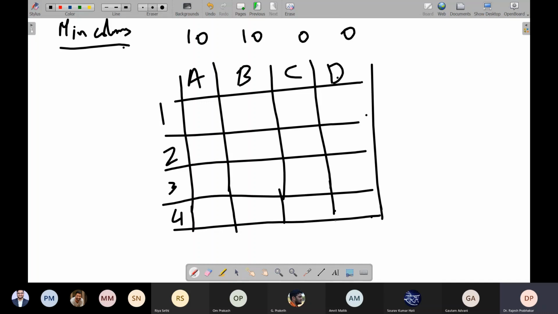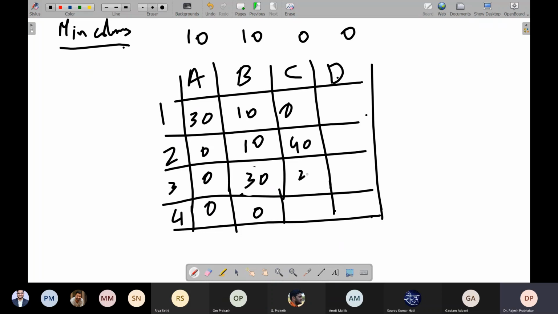Okay. Now 40 minus 10 is 30. The rest of all are zeros, right? 10 minus 10 is 0, 10 minus 10 is 0. For this also, 10, 10, 30, 0.